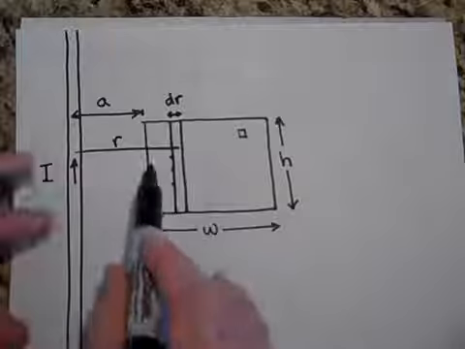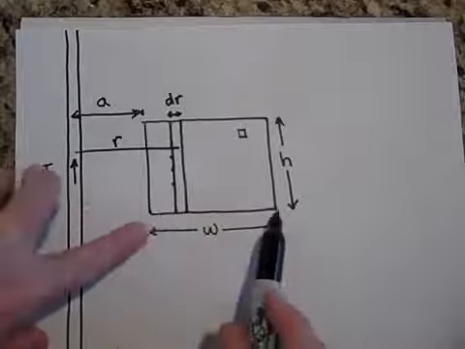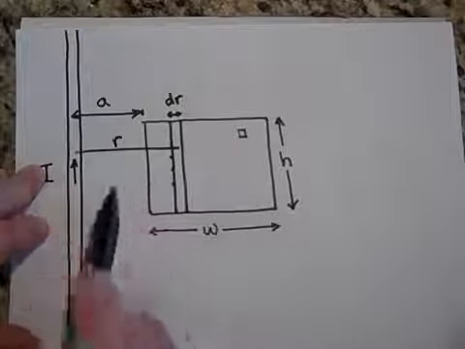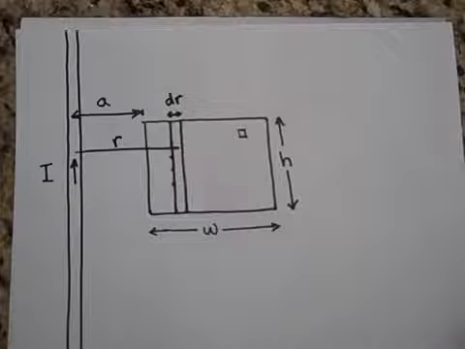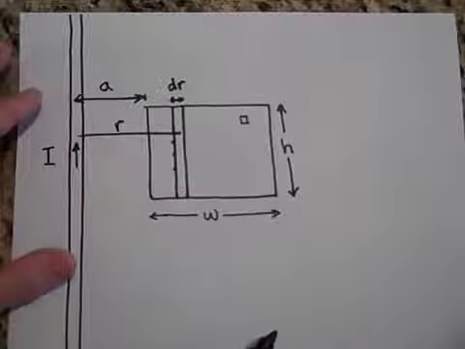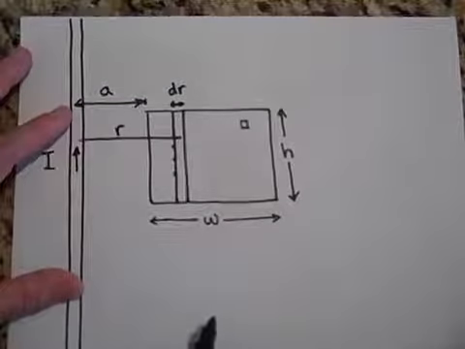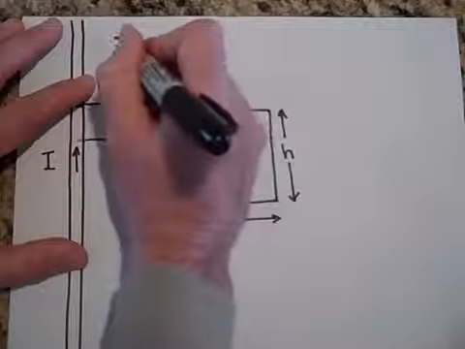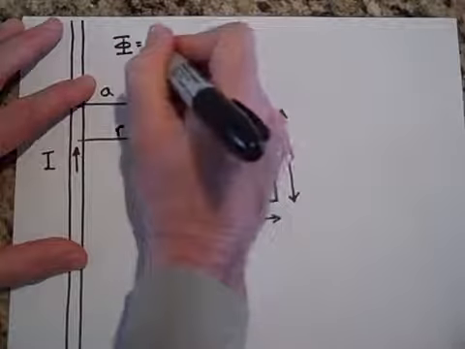By the way, our hoop right here has a width w, a height h, and its left side is a distance a from the wire. And what am I trying to do? I'm trying to find the magnetic flux through this hoop. Do you remember how with the magnetic flux equation,